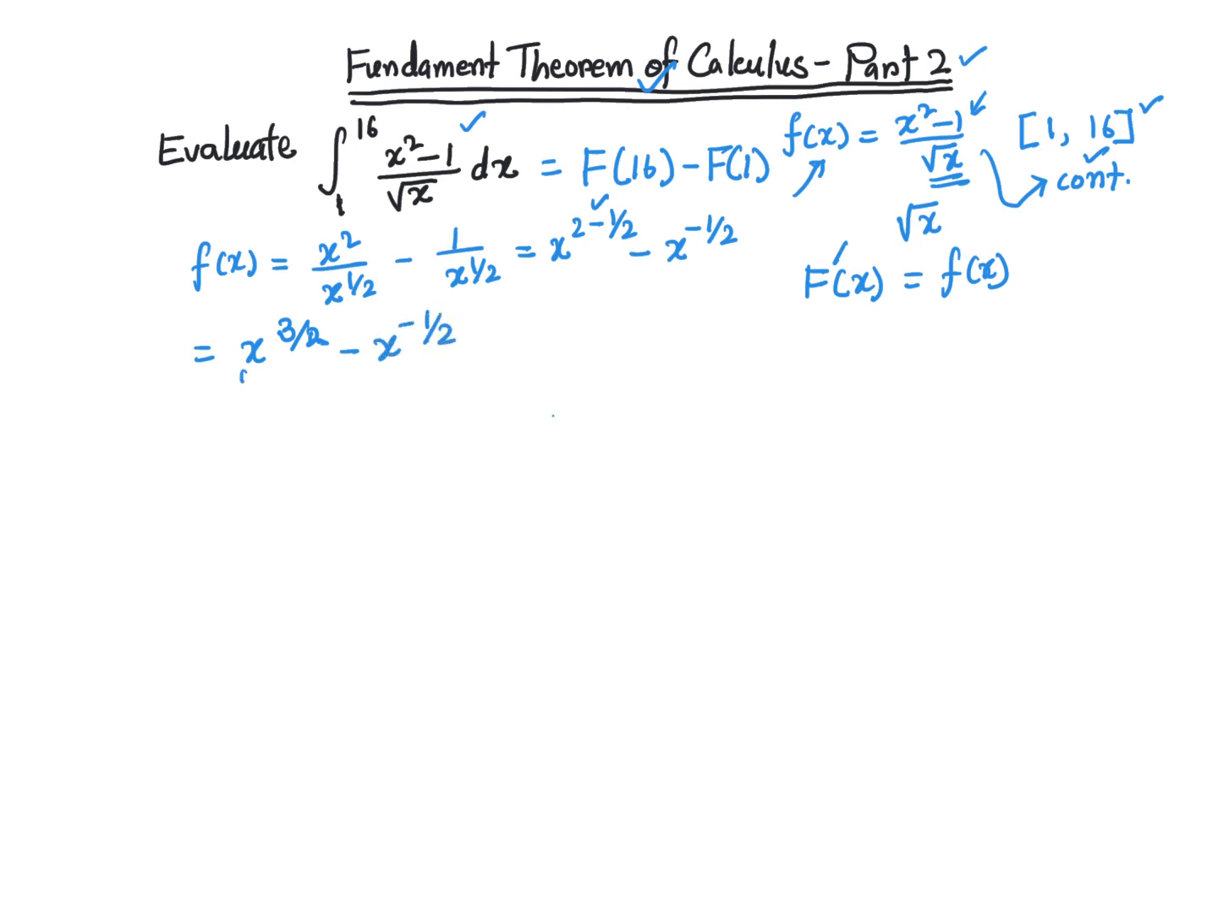Now I can easily find the antiderivative of this, because remember, the antiderivative of x to the power n is x to the power n+1 divided by n+1, for n+1 not equal to 0, which is equivalent to saying n is not equal to −1. So using this, the antiderivative